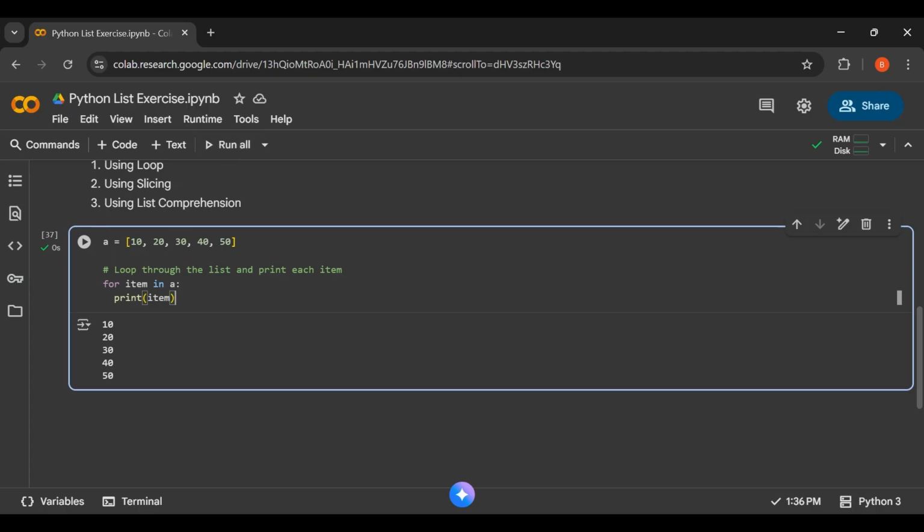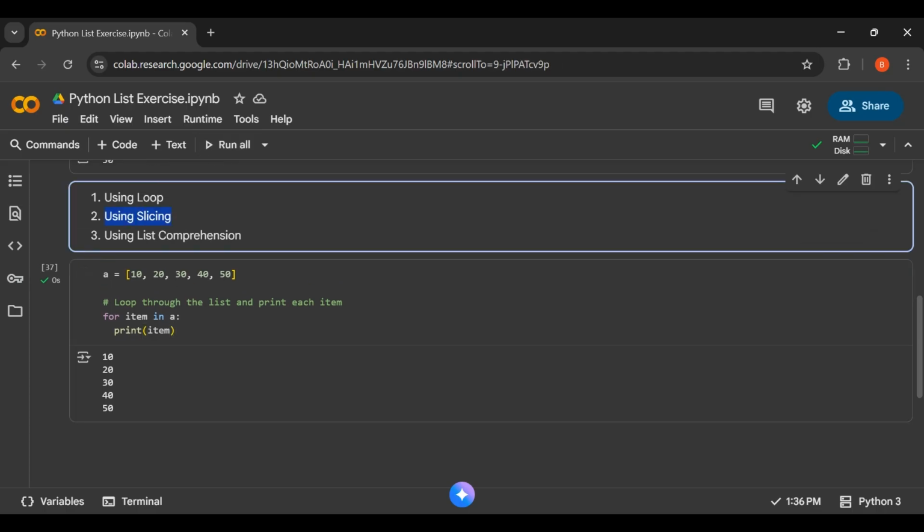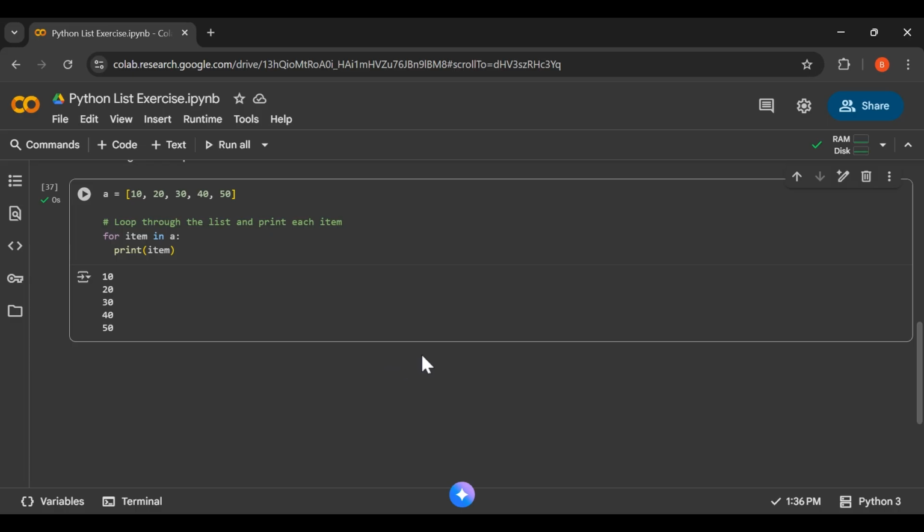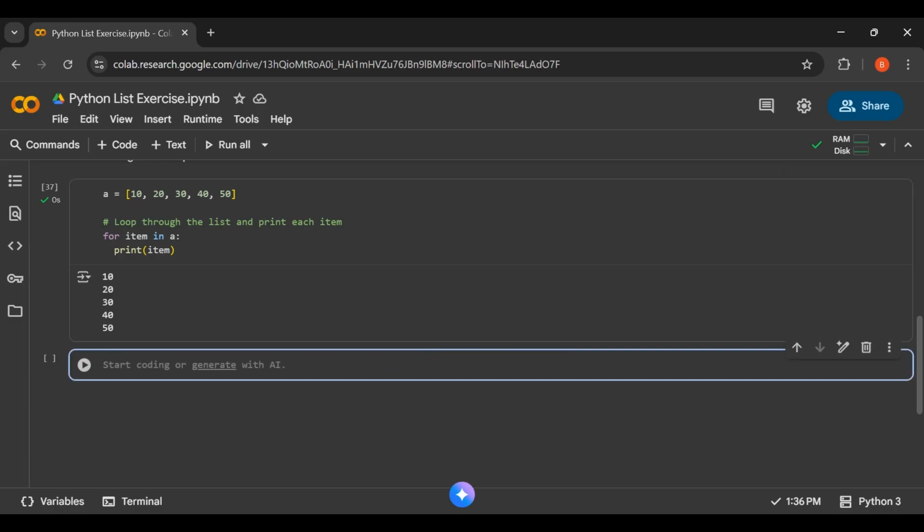And the second one was using slicing. Slicing is another way to access multiple items from a list. We can get a range of items by specifying a starting index and an ending index. The starting index is included, but the ending index is not included. So let's say